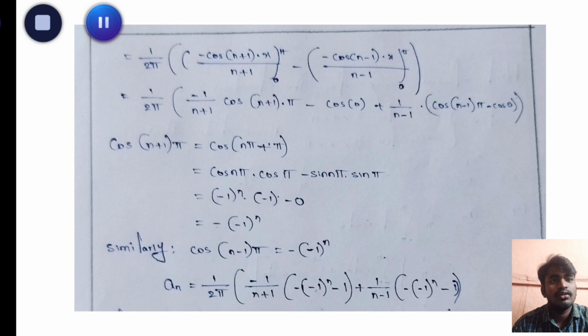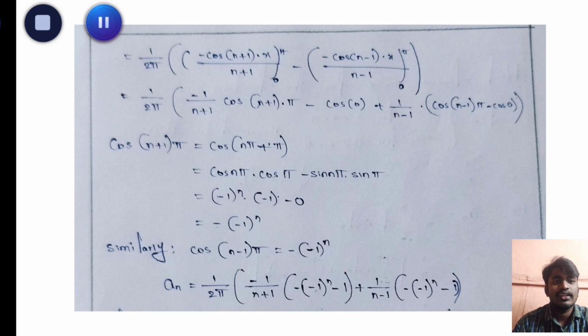Here, applying the upper limit minus lower limit, first at π: 1/(2π) of [−1/(n + 1) into (cos((n + 1)π) − cos 0) + 1/(n − 1) into (cos((n − 1)π) − cos 0)]. Cos of (n + 1)π equals cos(nπ + π),